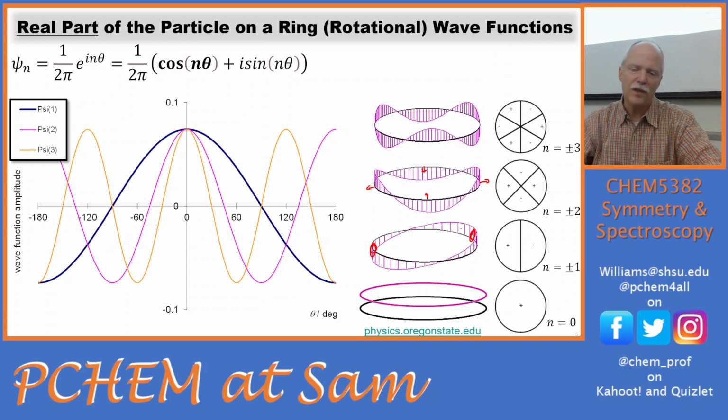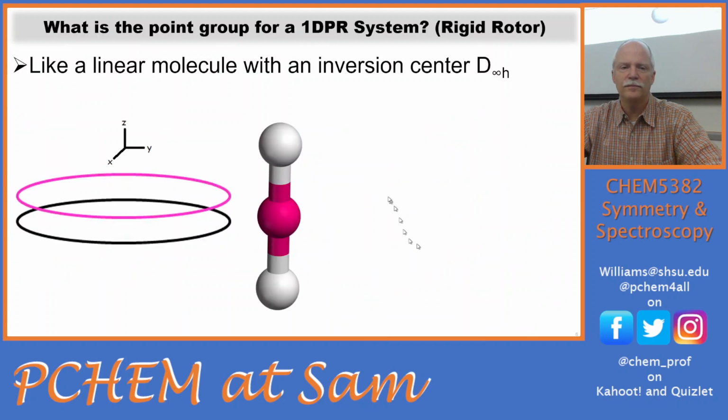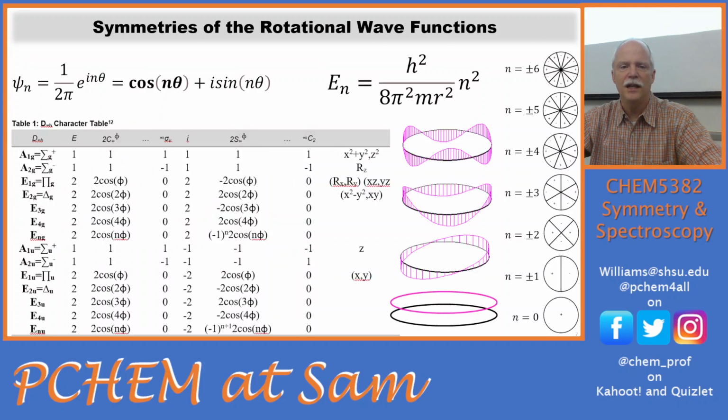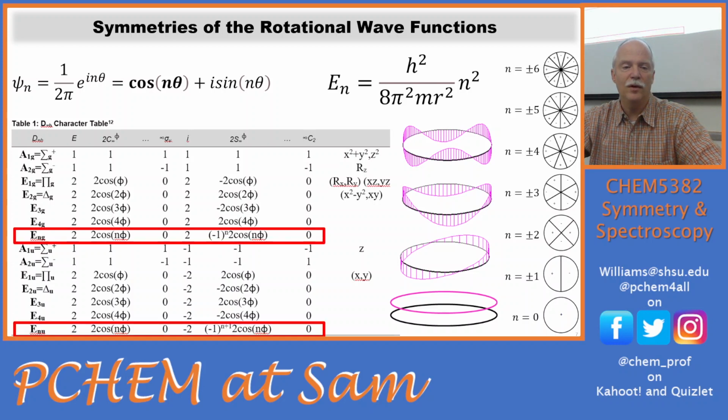Okay. So anyway, just some more conceptual discussion about these pictures that we're drawing. We put this in the point group. We went through the flow chart and came up with D-inf-h. And so then we have the D-inf-h character table. And then we notice that as we go up in quantum number, we essentially have these symmetries for our different wave functions. So now we know our symmetries. This n equals 0 is